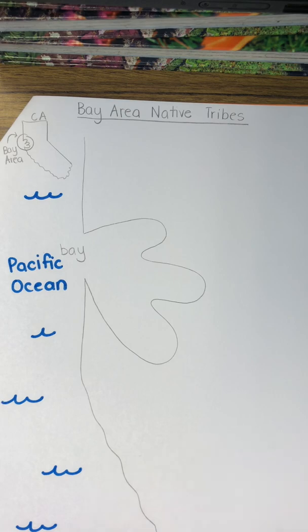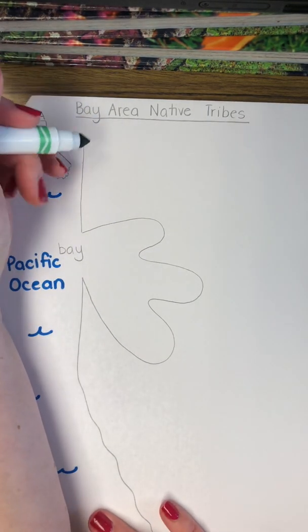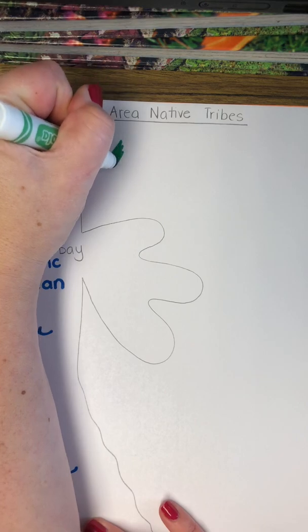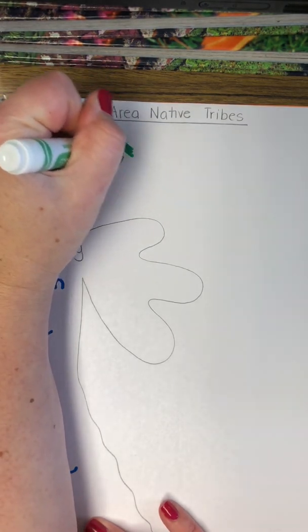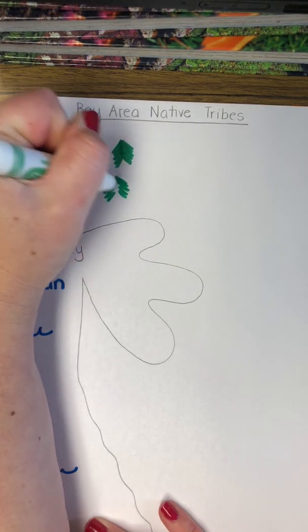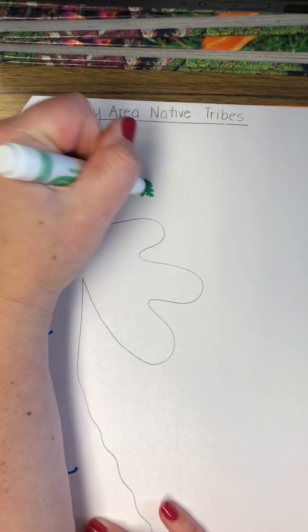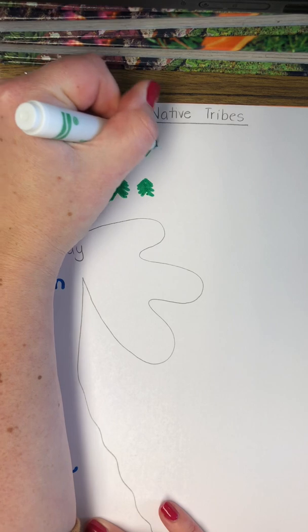And now we're going to label a few of the tribes that live in different parts of our Bay Area. And we're going to actually start with the northern tribes, the northwestern tribes, and they live in the redwood forest. So before I label them, I'm just going to draw a few redwood trees. I'm going to do that with my green marker, and I'm just going to go like this and then do the same thing on the other side. And I'm going to make a few more of those. Not super big, just large enough to show that there are some